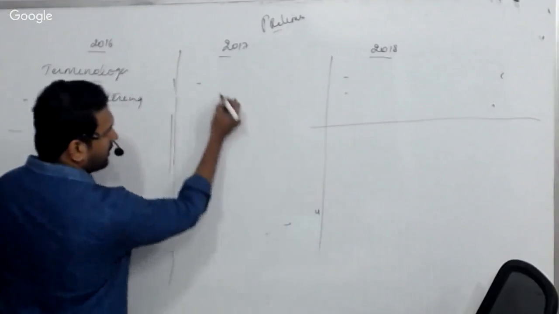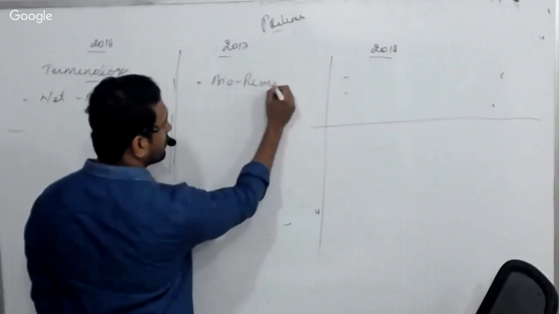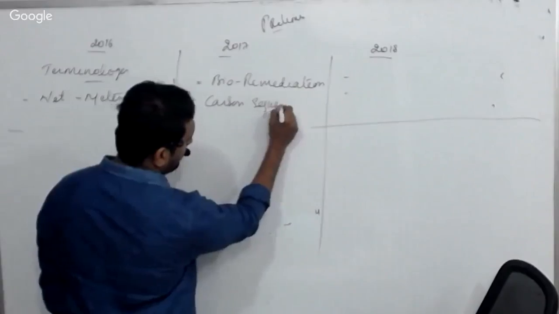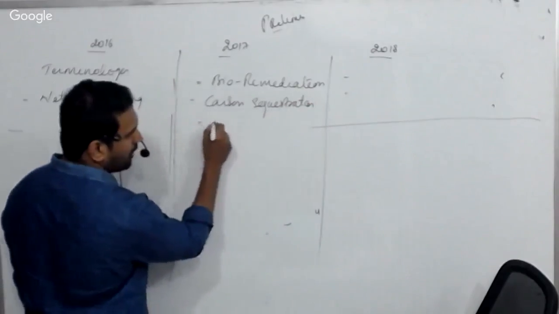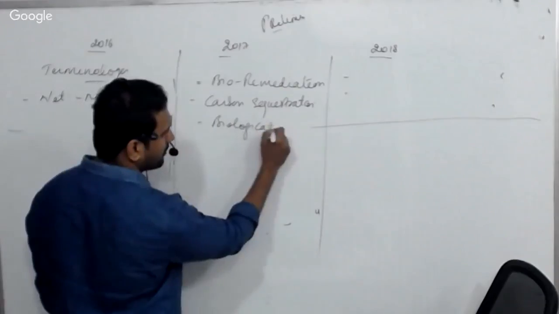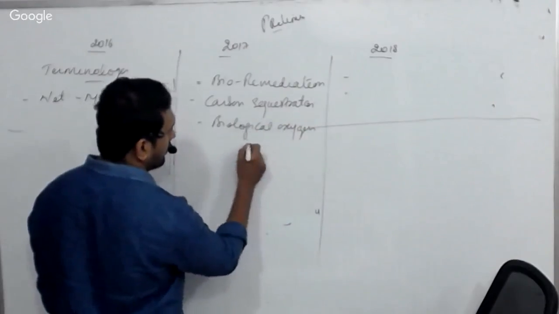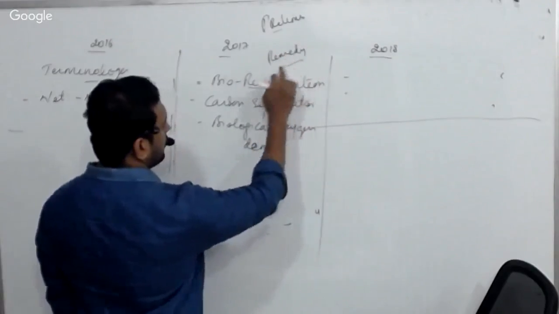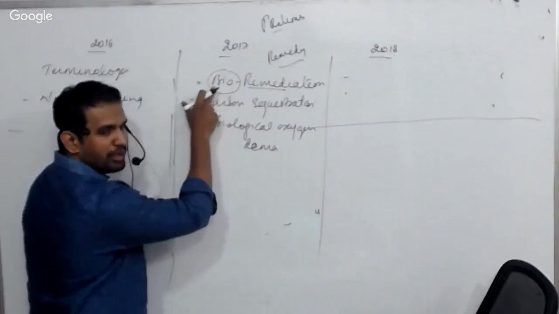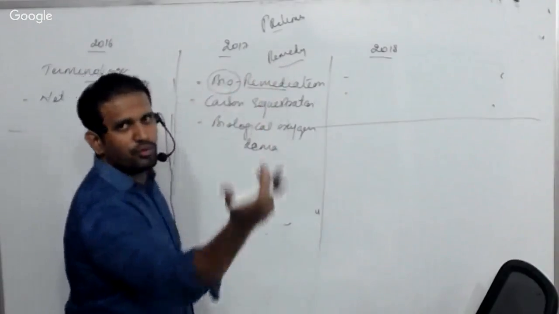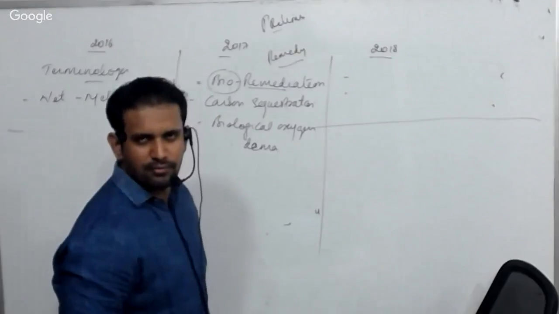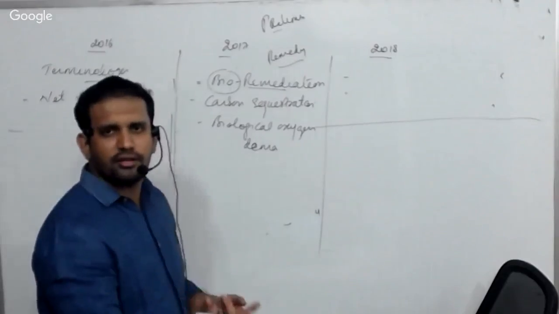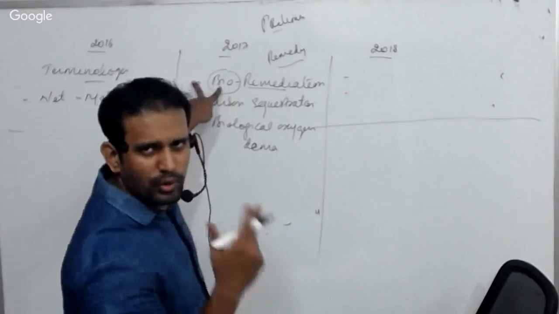Okay, here they have given bioremediation, carbon sequestration, and biological oxygen demand. Remedy means cure. You are curing something with the help of living organisms, because bio, so living organisms are helping in curing what? Air pollution, water pollution, soil pollution. That is called as what? When you are using biological organisms such as plants to cure anything, to treat anything, then we call it bioremediation. Very simple terms were asked.